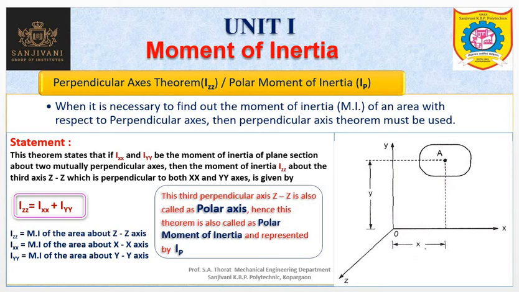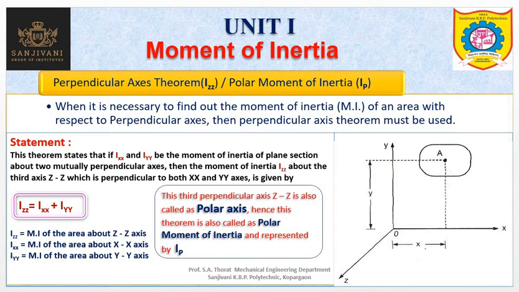What does this theorem state? It states that if Ixx and Iyy are the moments of inertia of the plane section about two mutually perpendicular axes, then the moment of inertia Izz about the third axis zz, which is perpendicular to both axes xx and yy, is given by Izz, that is the moment of inertia about the zz axis, equal to the moment of inertia about the xx axis